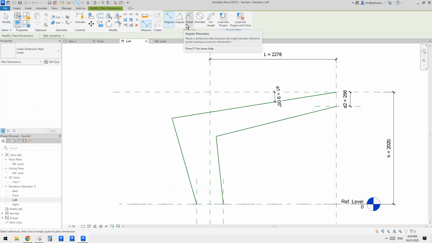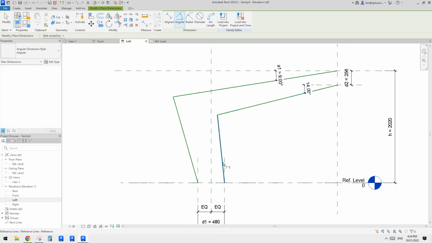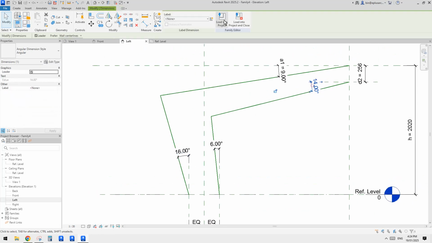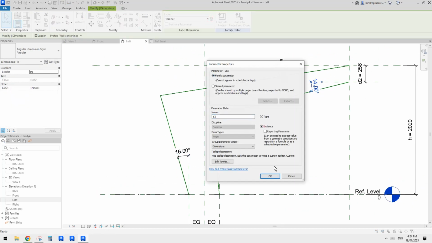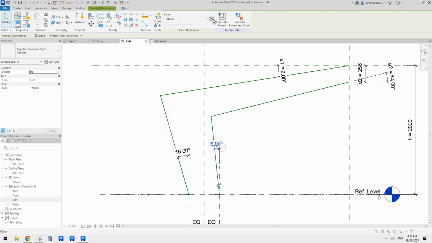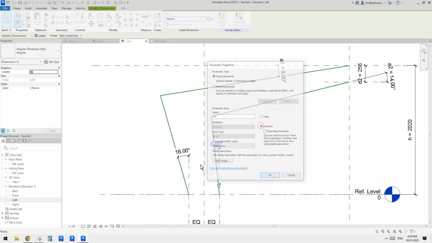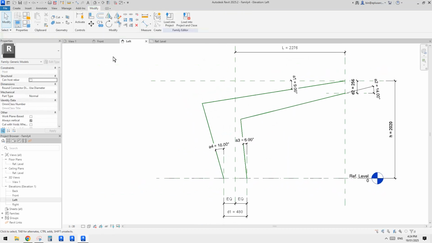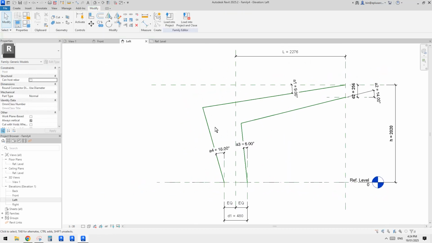So DI, angular, horizontal, this one, okay, and then vertical, this one here, this reference line here. So now we create A2 instance, okay, this one. Let's call it A3 instance, okay, and this one can be A4 instance, and okay. So now we have all the reference lines we need, and we also have reference planes, so we can just